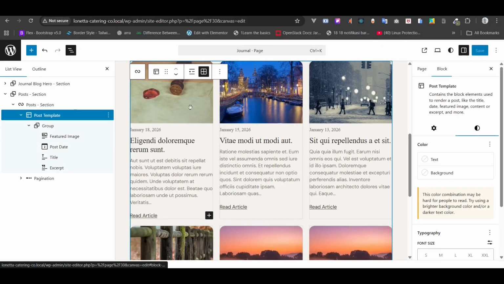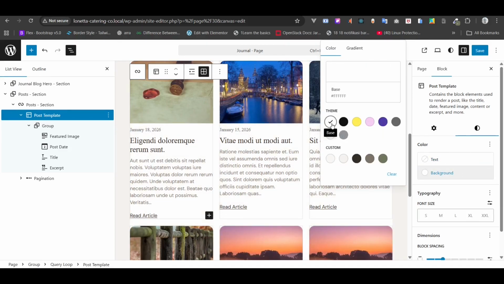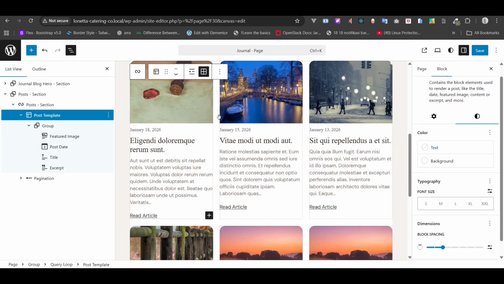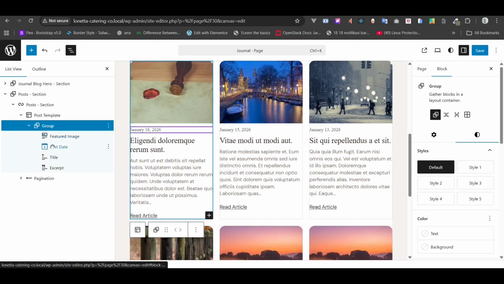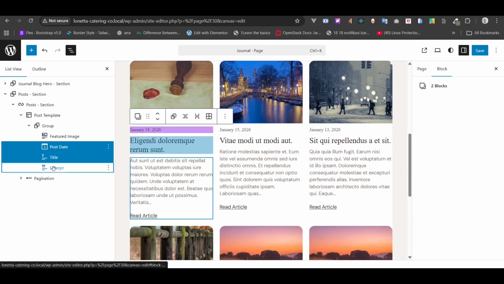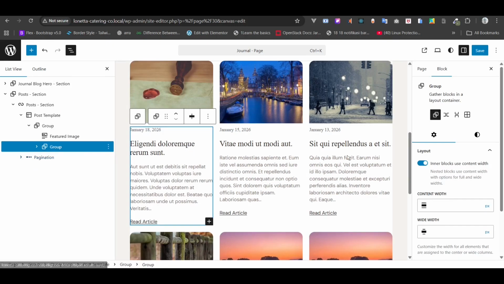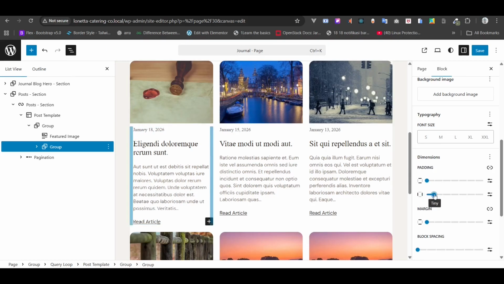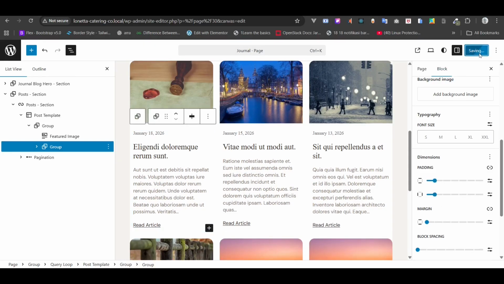Maybe go to post template again, background, change to white maybe. Okay, in post title and excerpt, I want to group that so it will have a different background and padding. Give it tiny padding top bottom, left and right. Save. Now if we reload,